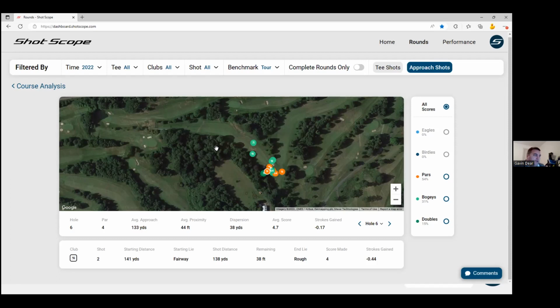But at the same time, for a guy who plays off 9 and struggles on 3 holes on their course, it's going to be hard for you to identify that in a round, in an hour lesson or through a course of lessons. But hey, you might be able to look at course strategy and say, let's walk out to that hole. What are you thinking? What do you hit off the tee? We can see this, and here's your performance. So there's so many elements